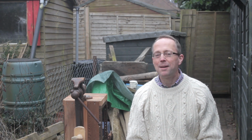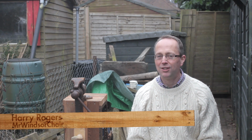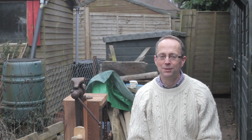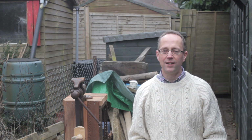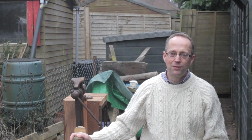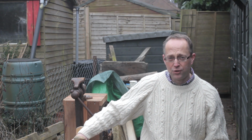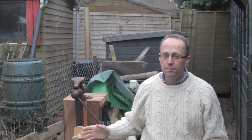Hello, well in this film I'm going to run through the measurements so that you can make your own shave horse. A shave horse is really pretty essential for green woodworking. It's a foot operated vice and I use my trusty shave horse all the time. I actually copied this one from some of my bodging friends and I thought it'd be good to share the